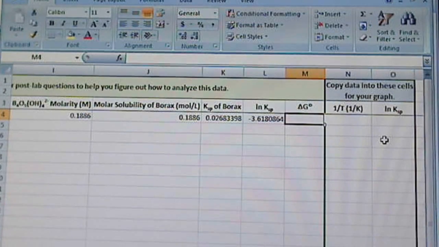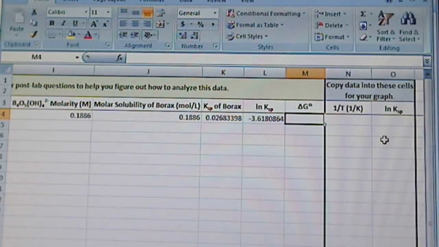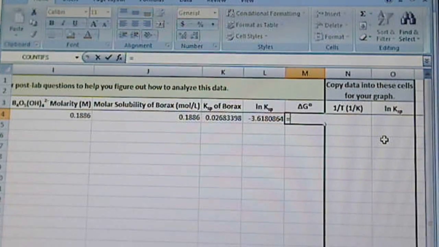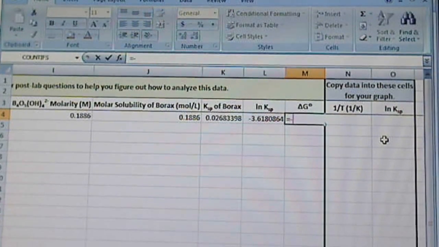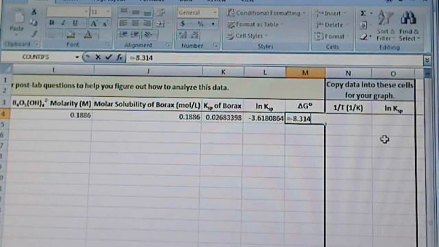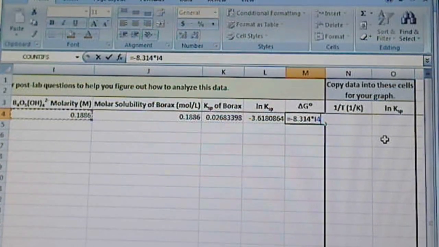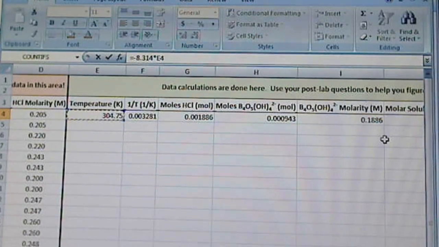Our delta G standard is the negative RT natural log of KSP. So we have negative, R value is 8.314. You remember the units on that to tell you what your units of delta G standard are. Negative R, we want temperature in Kelvin. So again, we can either type in the cell, click on it, or I like just using the arrow buttons. So we want our temperature, which is cell E4. So I just arrowed over to that. Now I hit the times button,